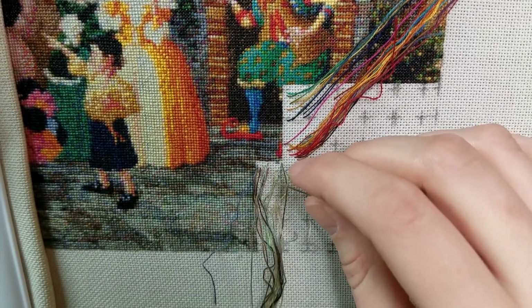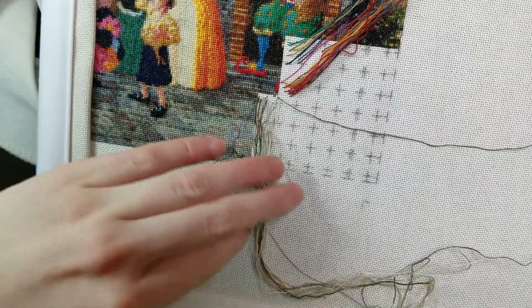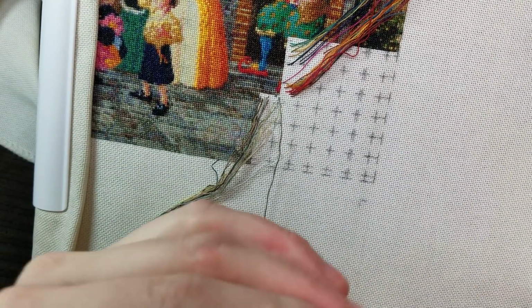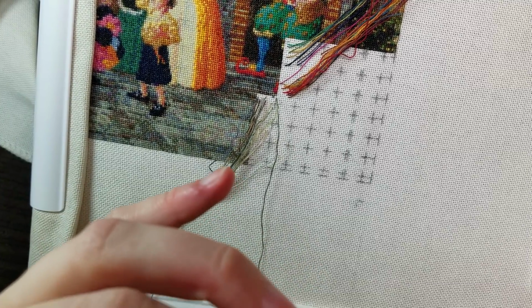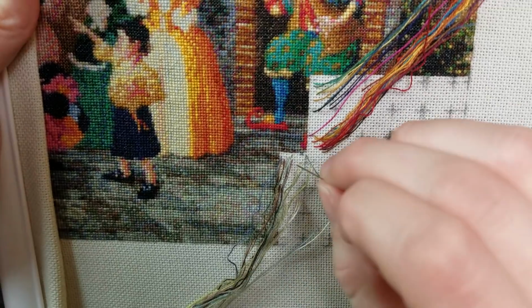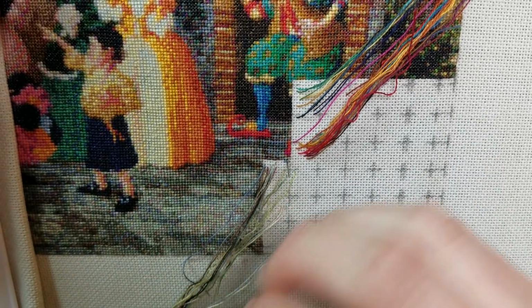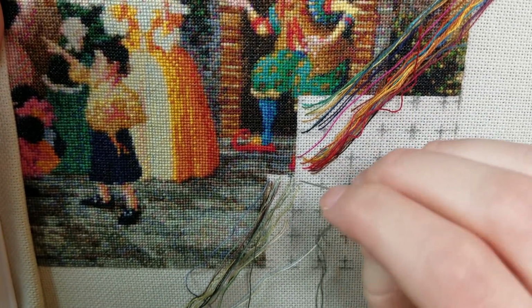Trying to think if there's anything else. But that's the basic method. You kind of just pick a line and you go for it. And it's different. It takes a while to get used to because it's a different way of stitching. It took me a while to kind of just sink into it, but it's really worth it. And like I said, I've been doing this method for 10 years and it's really worked well,